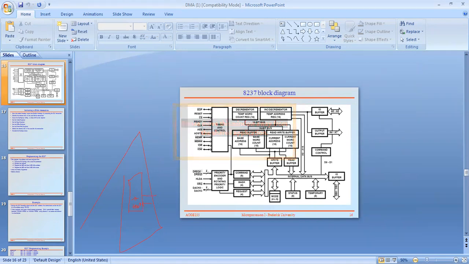Similarly, there is the current word count, and how many words are transferred from the external IO device to the processor is counted using that current word count register. Similarly, base address and base word count are also available within the DMA. These are the basic building blocks of the 8237.